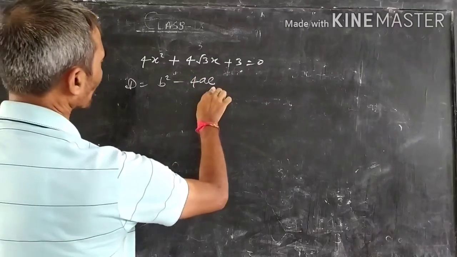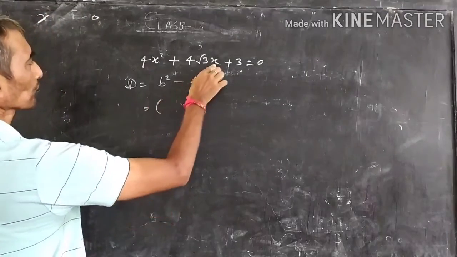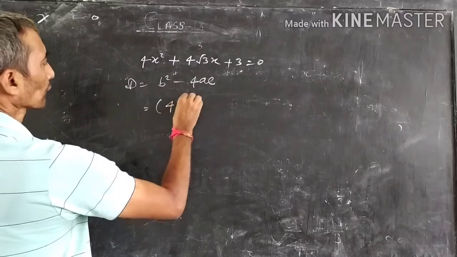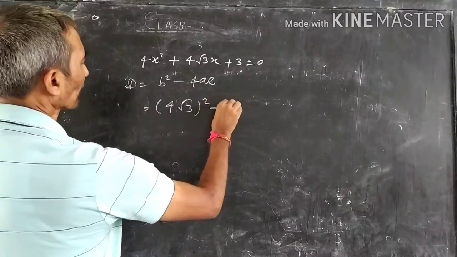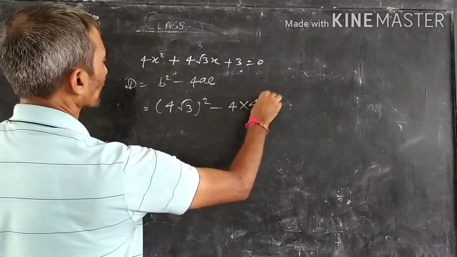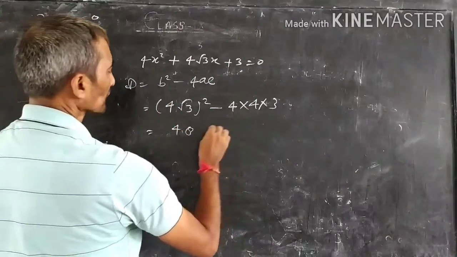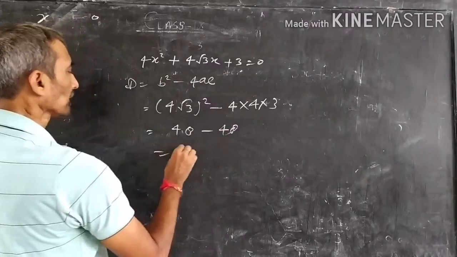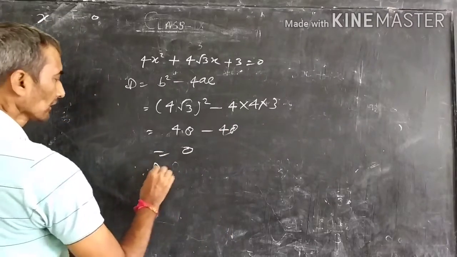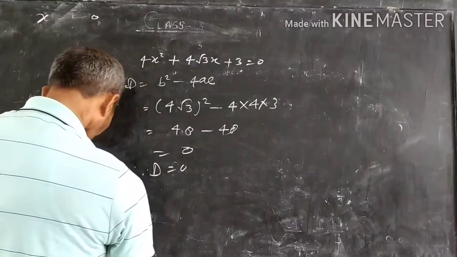First of all we have to find this. D means coefficient of x, 4 root of 3 square, minus 4 into 4 into 3, 48 minus 48, this is 0. Since D equals 0,